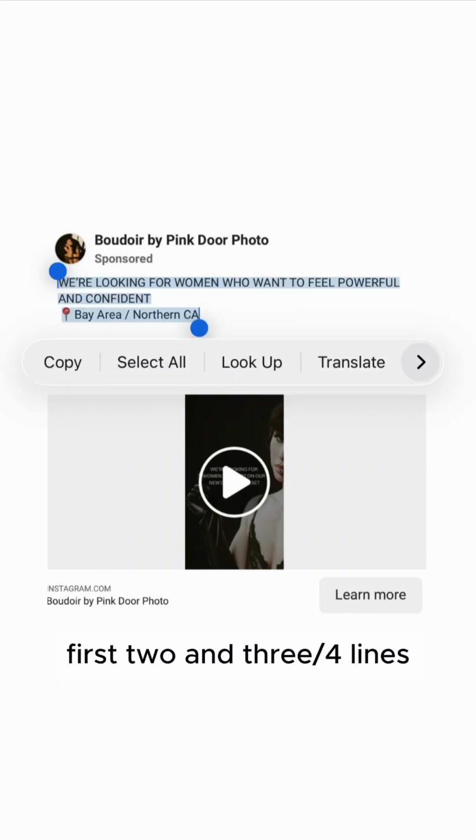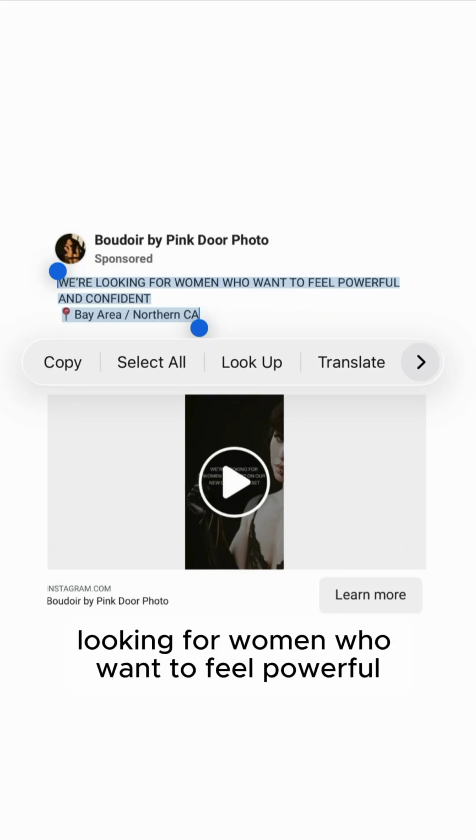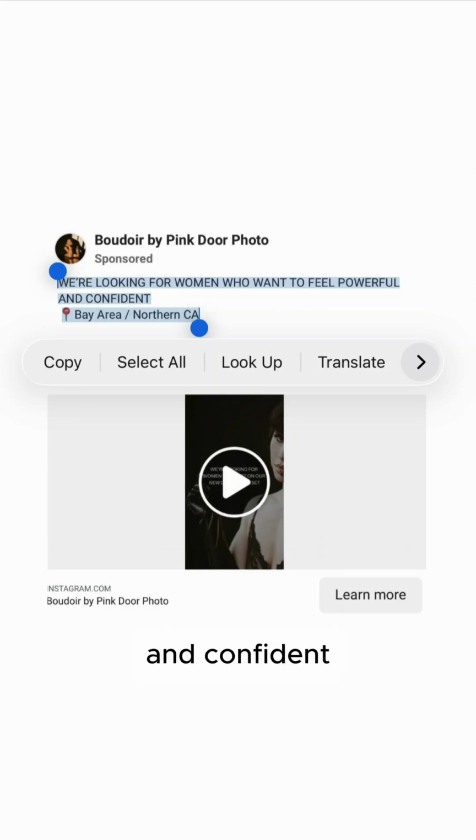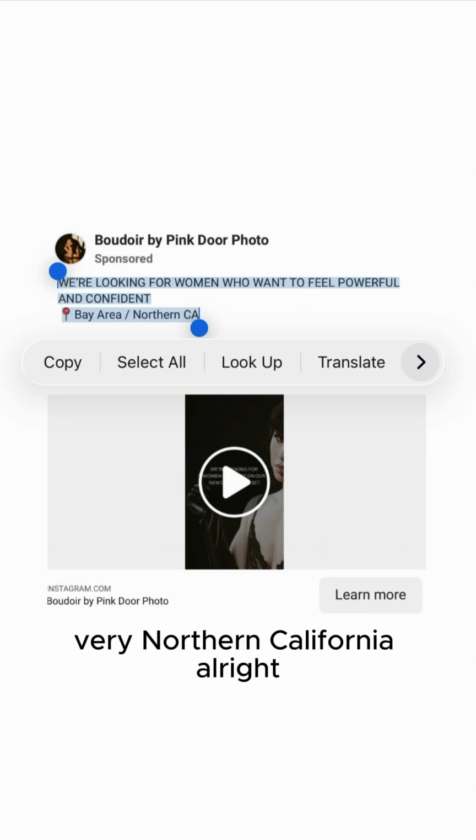Finally, we're going to look at the boudoir low clicks, or the See More headline here. First 2 3/4 lines, Facebook mobile newsfeed. Looking for women who want to feel powerful and confident. Bay Area, Northern California. All right, so yeah, we got a little bit of context, but still lack of context